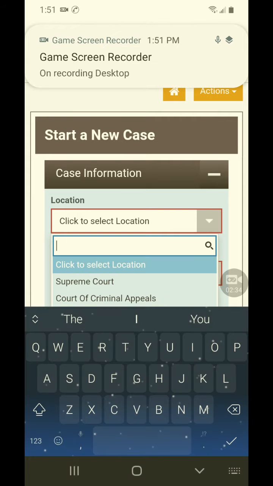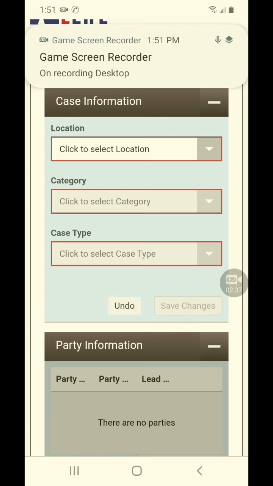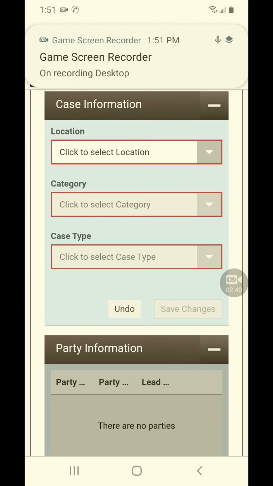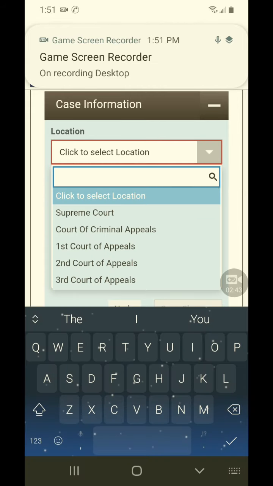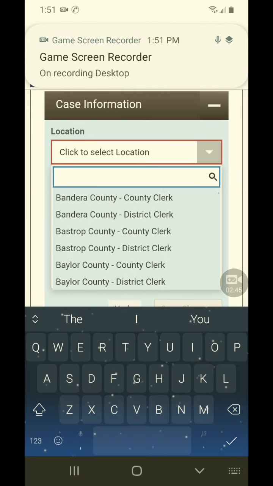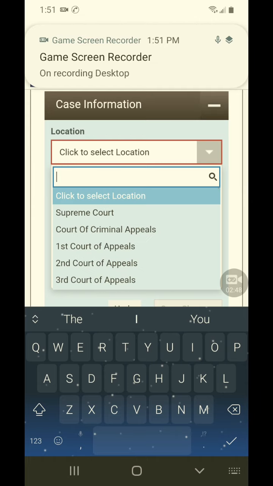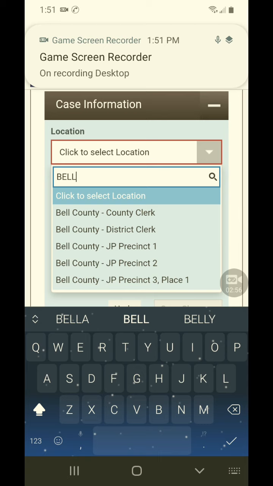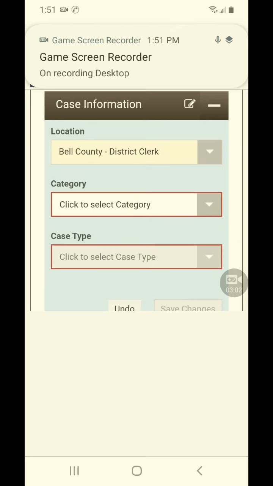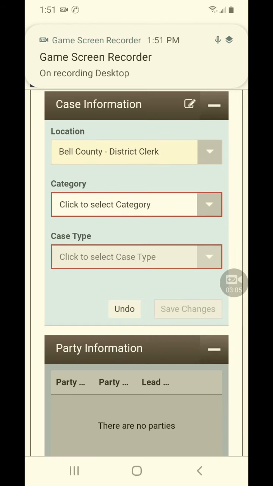There's one of two ways to do this. So all these boxes, which a lot of people don't know, once it loads, you can click the drop down and scroll down till you find, there's literally every court in Texas, or you can start typing it. So I'm gonna do Bell County, and then for family law, you're gonna select district clerk. Unless you're in a small county, it might be JP or just courthouse. Okay, so you got the location, then you're gonna go to category,